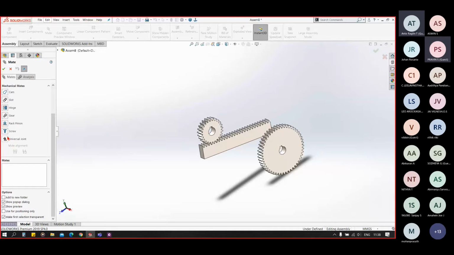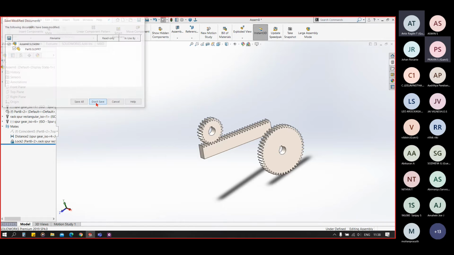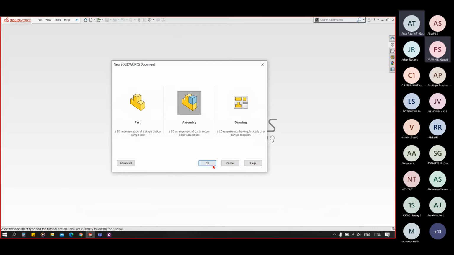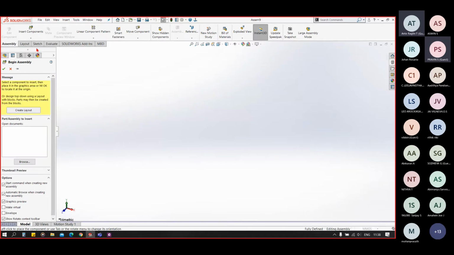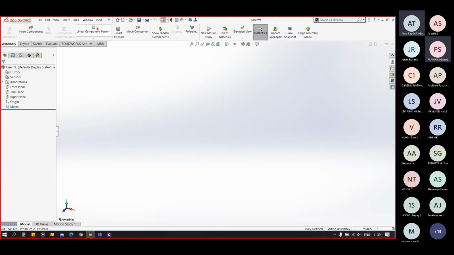We'll just finish those three in that session, and now we will go towards the hole alignment and also the library. So let's first see the hole alignment, and after that we'll see the library feature.